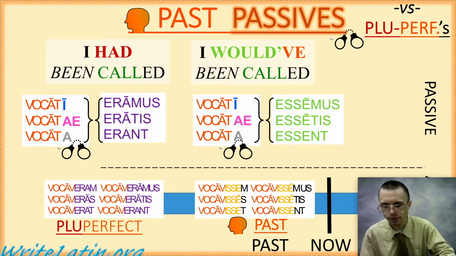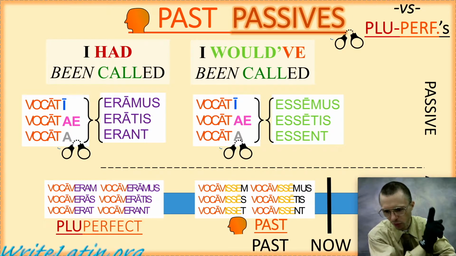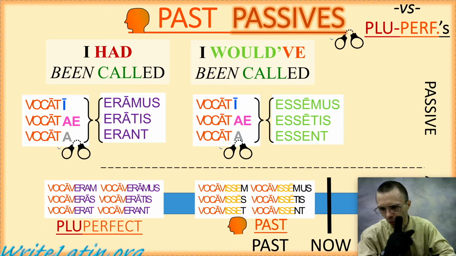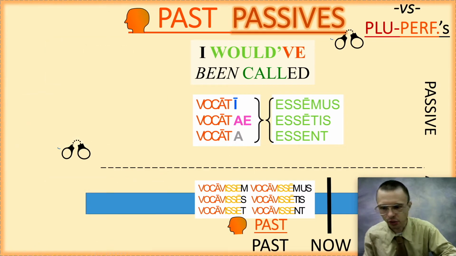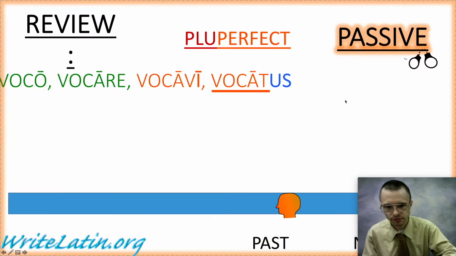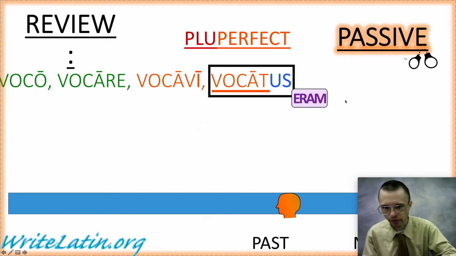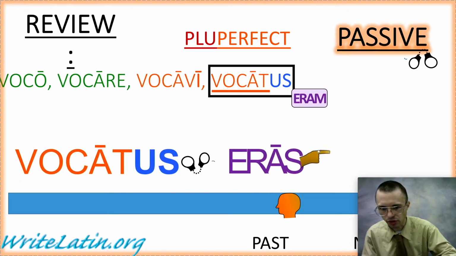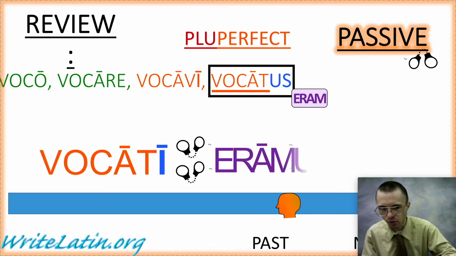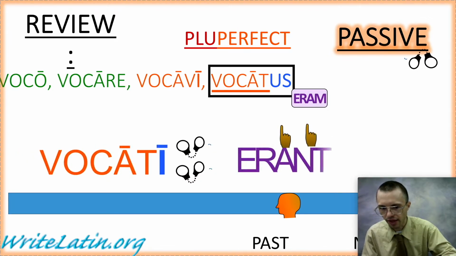All right, and you could have hopefully guessed that if you had been following the pattern of may have, might, now it's might have. So you could hopefully follow the pattern of all our four subjunctive tenses, that they went will have, would, what comes next? Would have. All right, so we're obviously focused on this tense here. And the pluperfect therefore went vocatus eram in its passives, making it I had been called, you had been called, she had been called, we had been called, y'all had been called, they had been called,